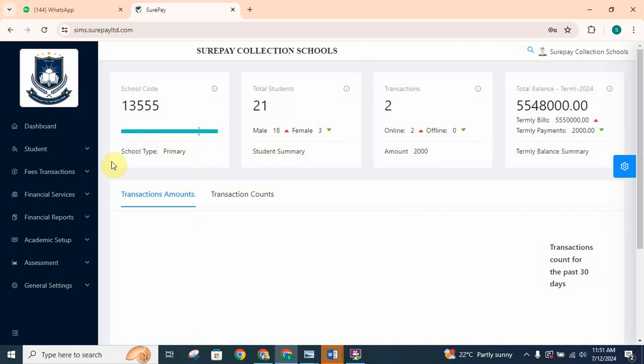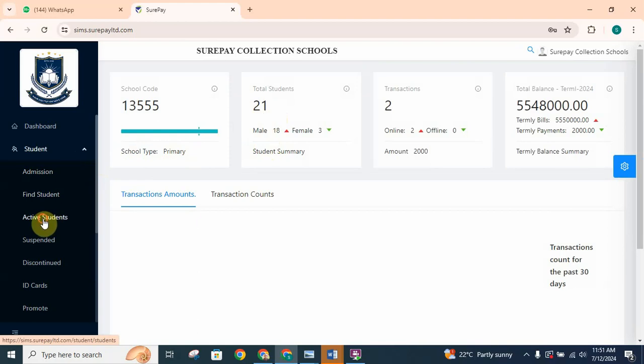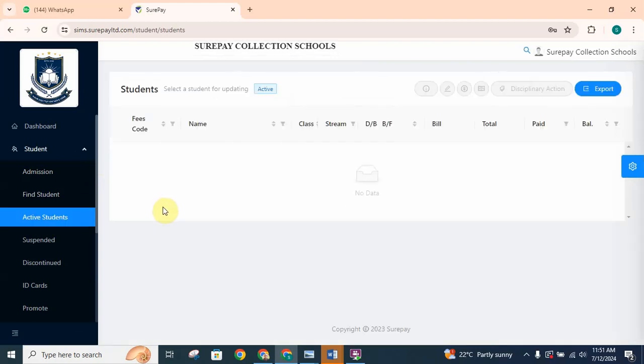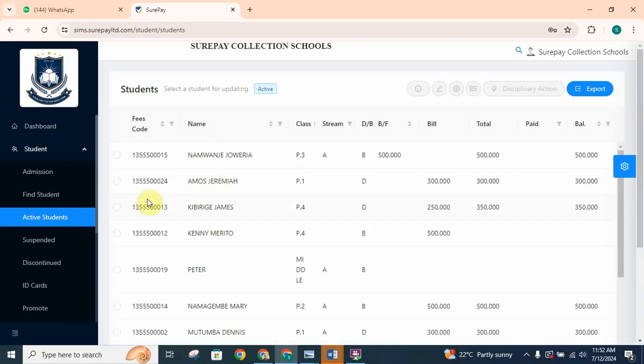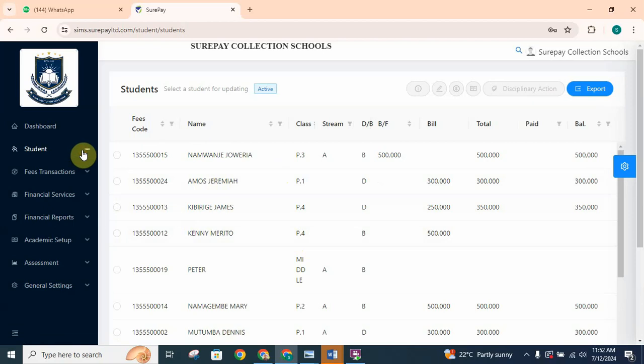First and foremost, you should have your learners registered in your school. For example, here we have a total number of learners, 21, registered already. If you missed out on registration, you can follow on our previous tutorial on how to register a learner. So you have to have your learners registered under the system, like we have here the different learners from different classes that are going to display when we click on active students. So we are going to work with primary 4, and then the second thing, after you've registered your